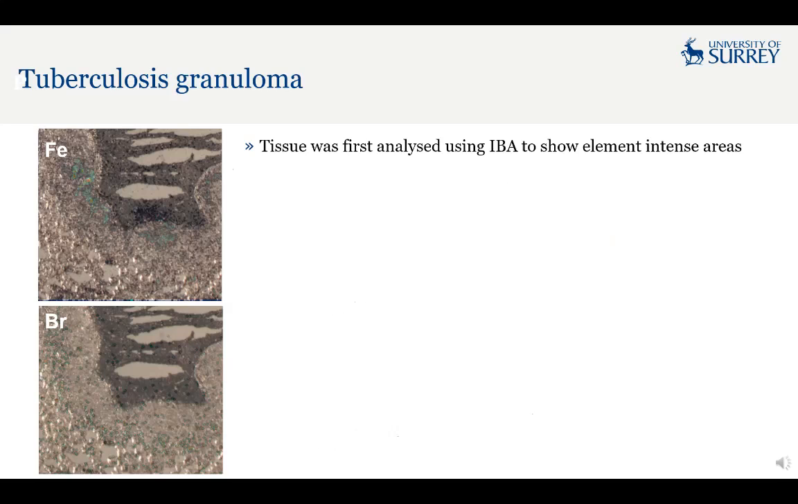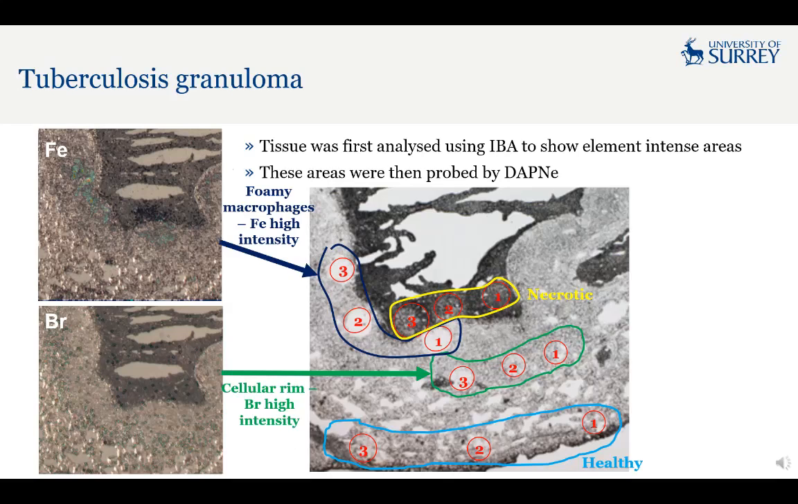To show how IBA and DAPNe LC-MS can be combined, a tuberculosis granuloma tissue section was analysed. The granuloma was first analysed using ion beam imaging to determine the elemental composition. There were 3 main areas of the granuloma: the necrotic region, the cellular rim surrounding the necrotic area, and then the surrounding healthy tissue. It was shown that elements such as iron and bromine had higher intensities in certain areas